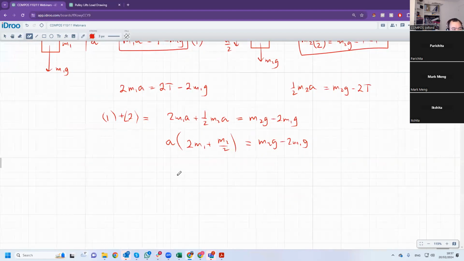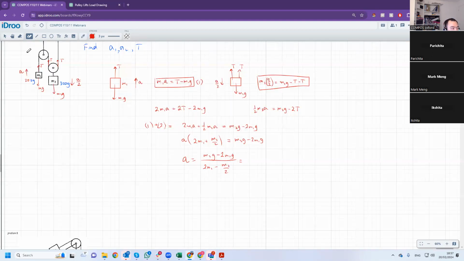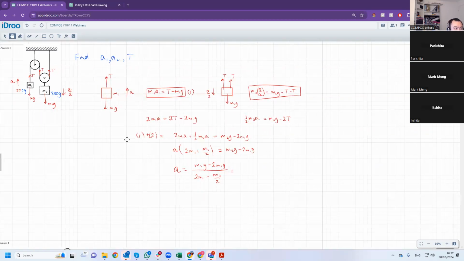So the acceleration is going to be m2g minus 2m1g divided by 2m1 plus m2 over 2. And another cool thing about this one is that because I have mass on top and mass on bottom, I can use grams instead of kilograms because they won't cancel out. And you can take G out and say it's multiplied by G. So M2, which is 300, minus 2 times M1, so that's 400, divided by 2 times M1, so that's 400, plus M2 over 2, 150, and that gives us minus 100